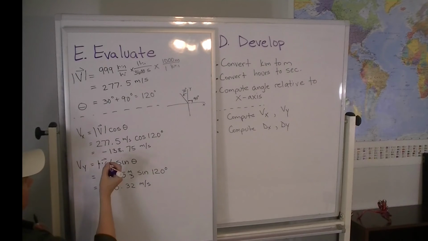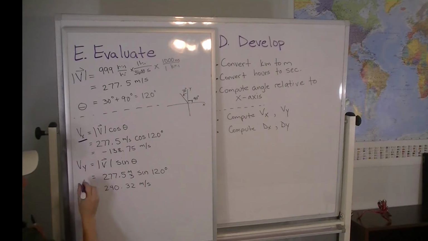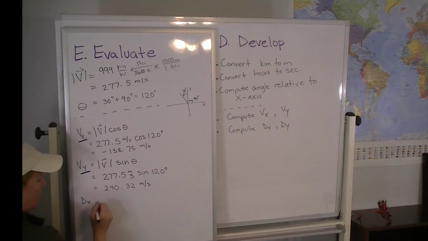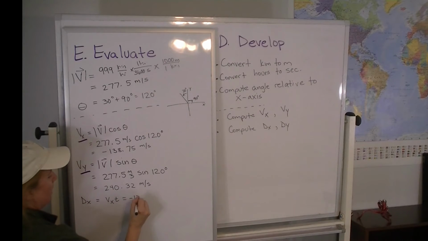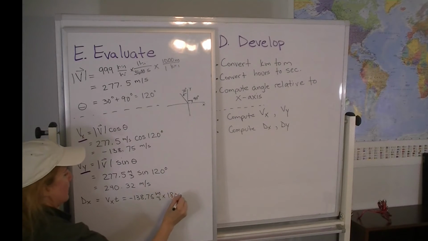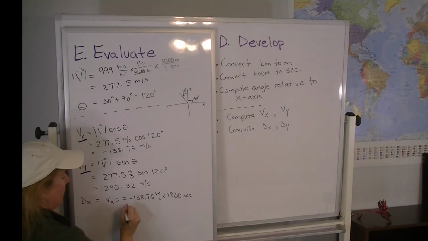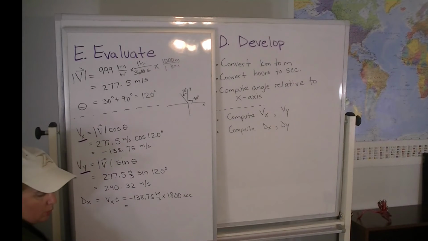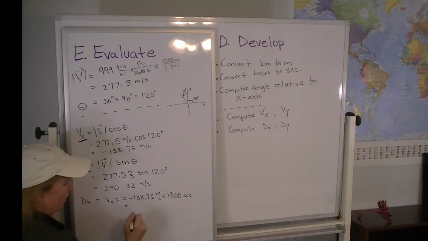Okay, now that we have our x component of velocity and our y component of velocity, we can use those to compute the x component of the displacement, which is going to be the x component of velocity times the time, which we've computed as minus 138.75 meters per second, times half an hour is 1800 seconds, and that gives us an x component of the displacement value of minus